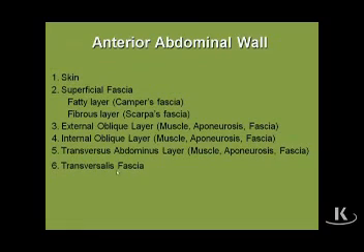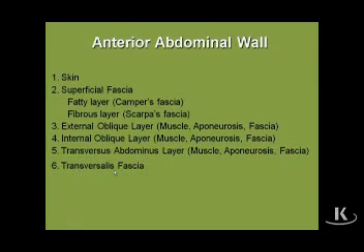The next layer, deep, layer number 6, is called the transversalis fascia. Now, the transversalis fascia, that's something different from the transversus abdominis fascia, so we should not confuse them. The transversalis fascia is a portion of a continuous layer of fascia that lines the entire inner surface of the abdominal wall, the front, the back, the sides, the top, the bottom, one continuous layer of fascia whose generic name